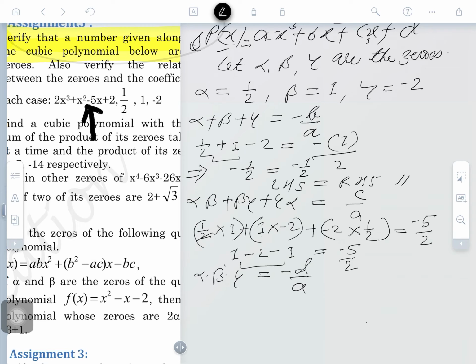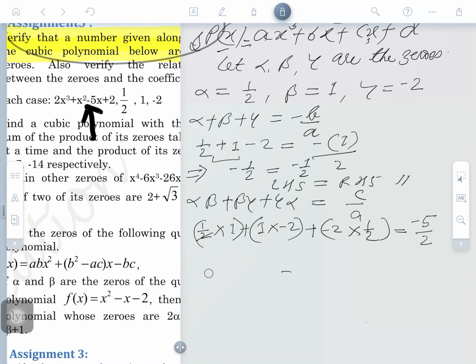So, cancels is coming here, 1 by 2. The sum will come here. It is coming 1 by 2 and it is minus 2, or it is minus 1. So, here will be 1 by 2 minus 3, okay, and it is coming minus 5 by 2. So, one thing is to be done here, which of them is negative? I think this is negative and this is also negative 2, means half and 1 by 2, 1 and 1 into 2 and the 2 into half, minus 2 is there.